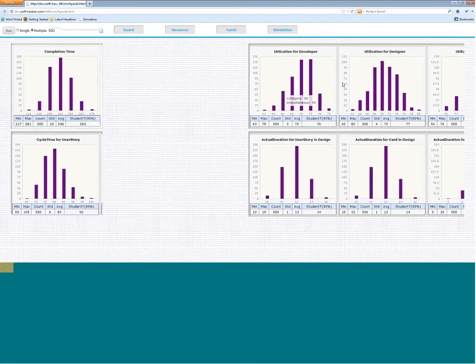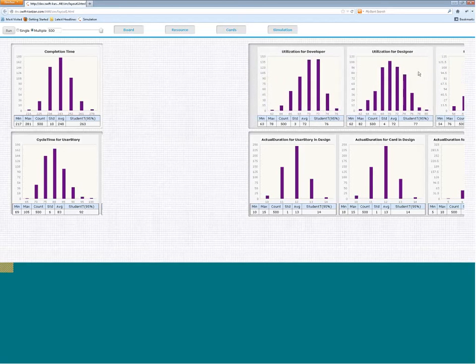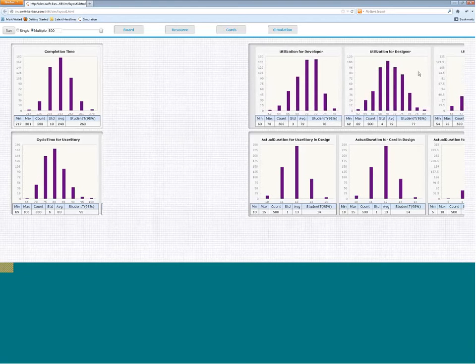I'm also able to see my utilization data. My developer is at 76% utilization, designer is at 77% utilization, and my tester is at 73% utilization. So I'm able to see a very uniform loading of the team, because as you saw, we let people do multiple things. We were not focused on letting people do only one thing at any point of time.